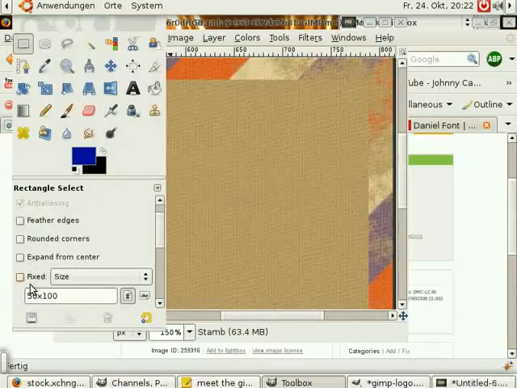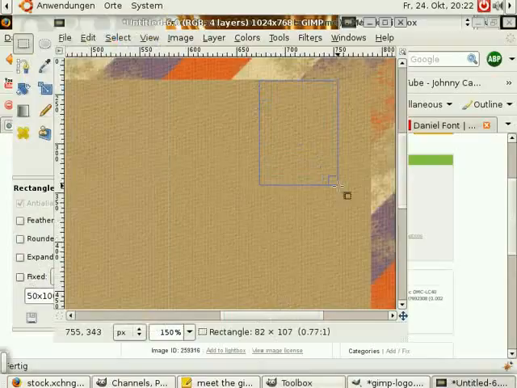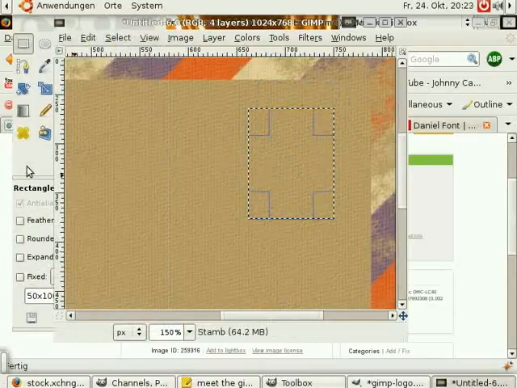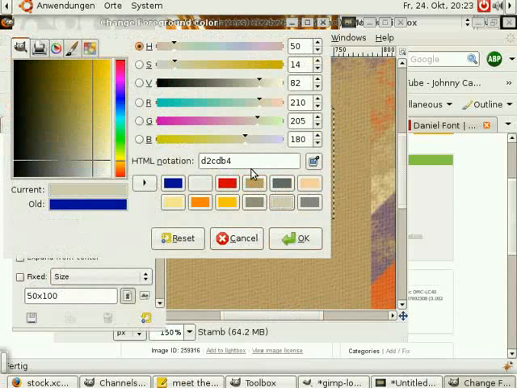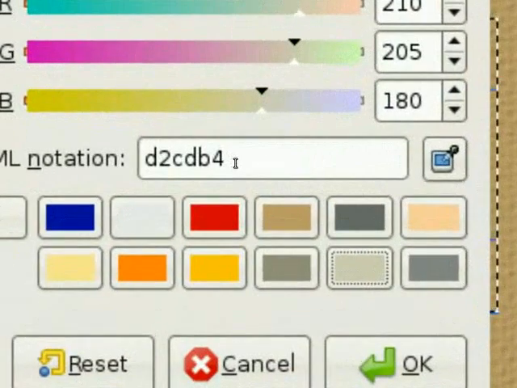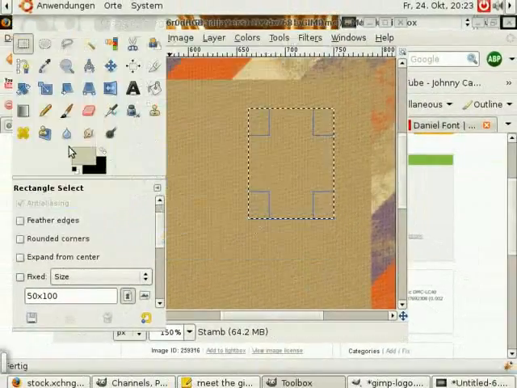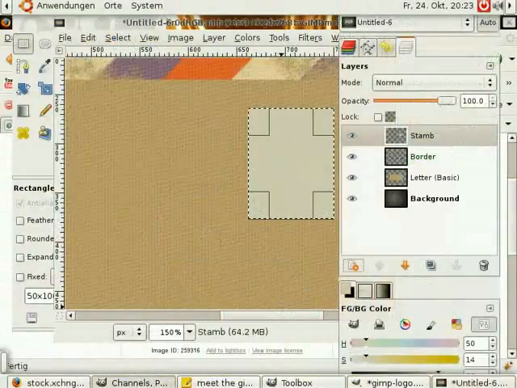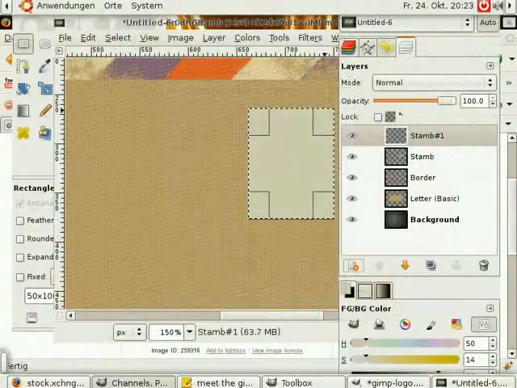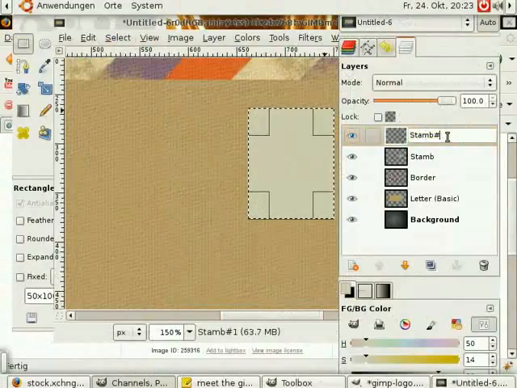Make sure that fixed isn't checked, and just create a selection and fill it with D2CDB4. Click on OK and drag it into the selection and create a new layer, call it inner stamp,